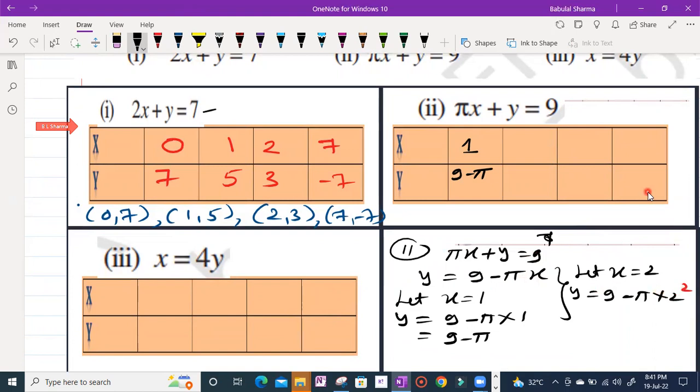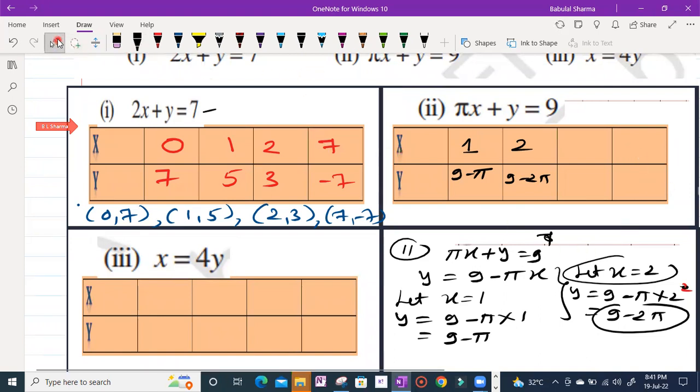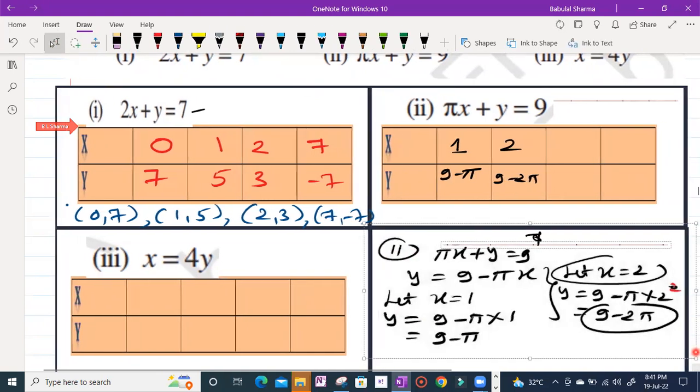So that is 9 minus 2 pi. जब x का वैल्यू 2 है तो y का वैल्यू है 9 minus 2 pi. Please don't put pi is equal to 22 by 7. 22 by 7 आपको पुट नहीं करना है, pi की जगह as it is pi ही लिखना है। ऐसे we can take so many values here. हम इस तरह से हम खूब सारी वैल्यू ले सकते हैं।